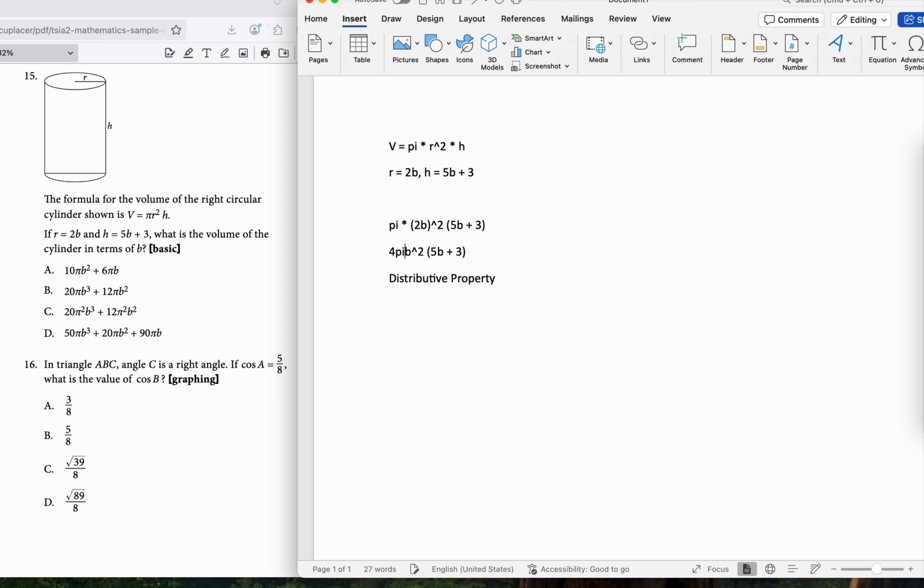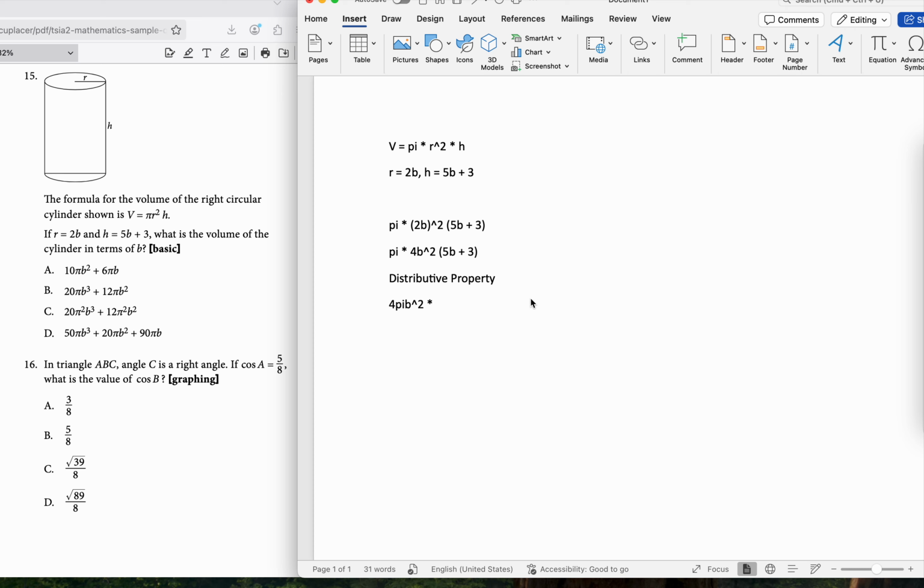So we're going to put pi here, right? 4b squared times pi. And so this whole expression is one piece, and that's going to be multiplied by 5b. So we get 4 pi b squared